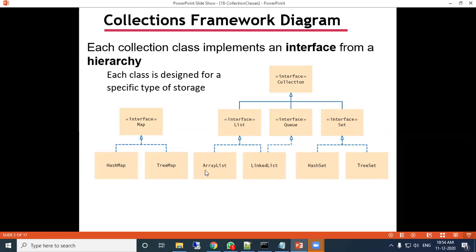So the ArrayList class is capable to handle any type of data, maybe integer, maybe string, maybe any object. Okay, so here there are some predefined methods using which you can process the ArrayList.